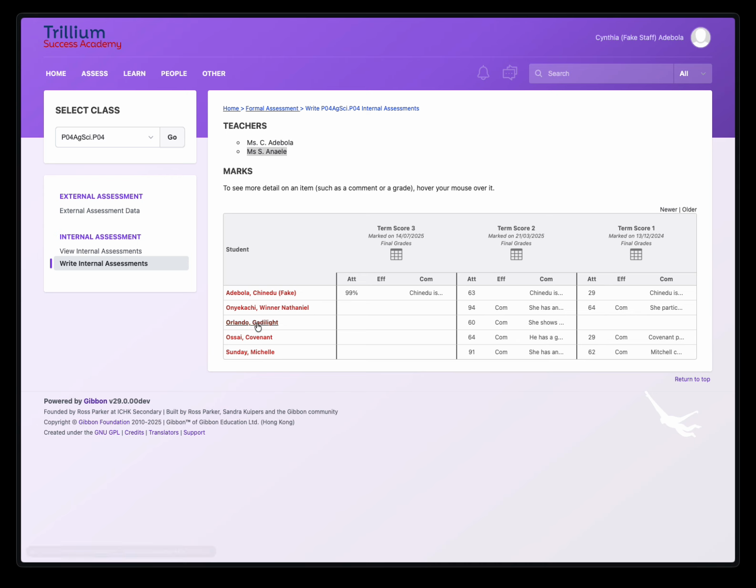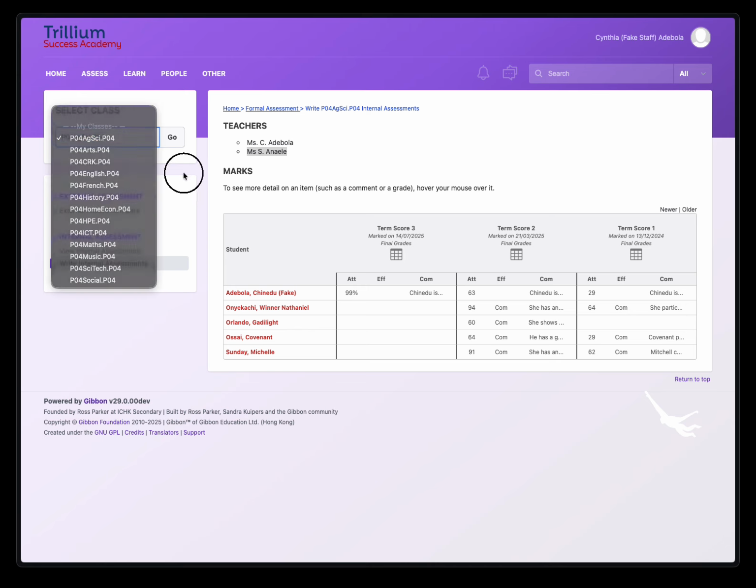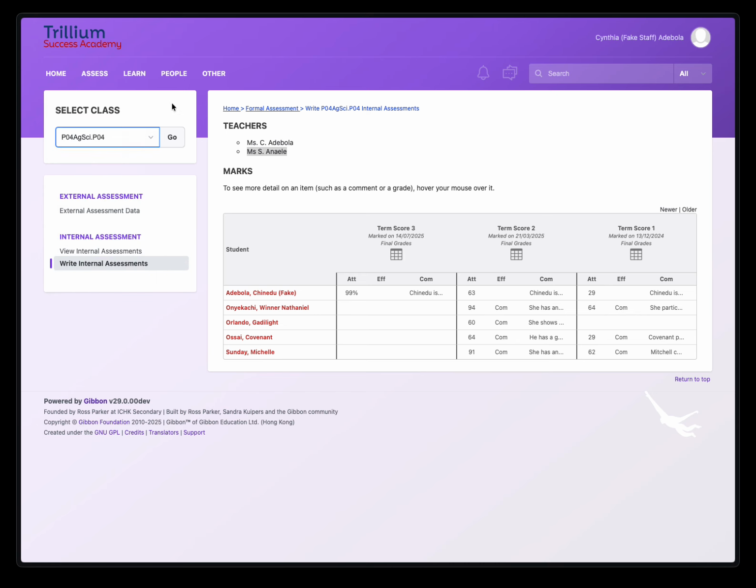I guess for this student, Gadilites, we do not have her first term results. So perhaps if you have them, you can enter them here. But the focus would be for term 3. So again, you click down here again to go back,